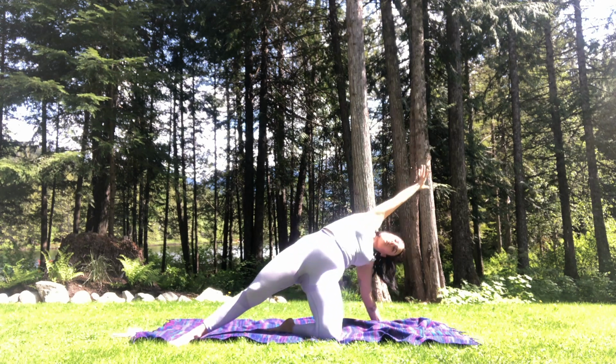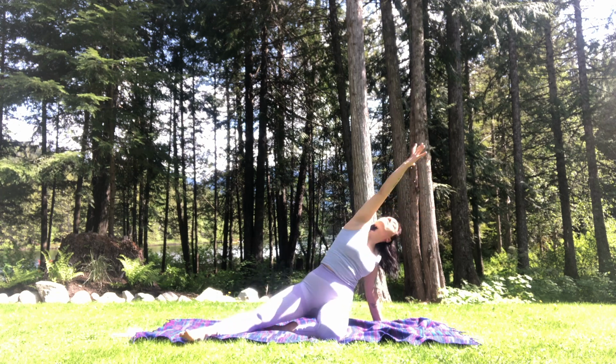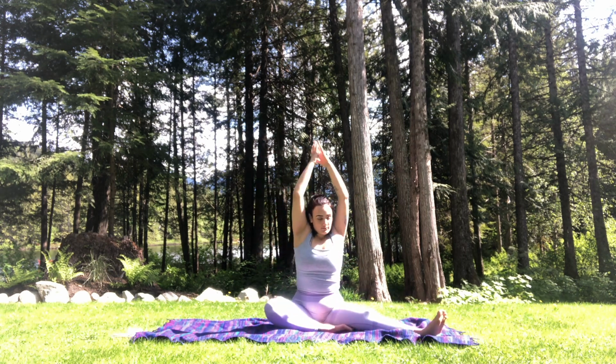Bringing the left arm back and coming into a little wild thing, just to move out of this with a little bit of a heart opener. Coming back to your seat, we're going to move into the other leg now. So right foot comes into the left inner thigh,